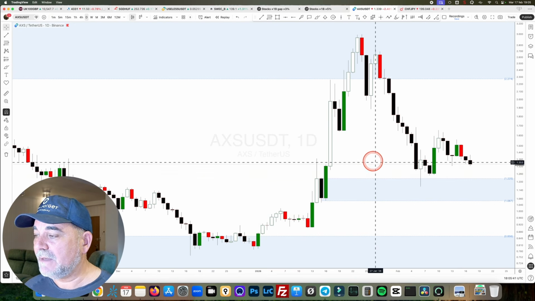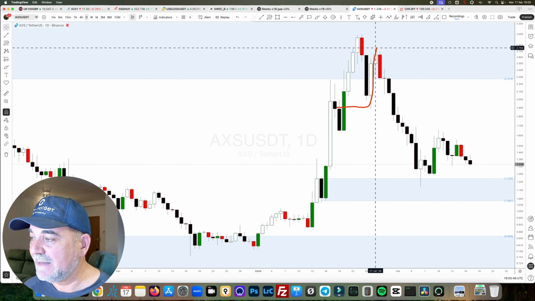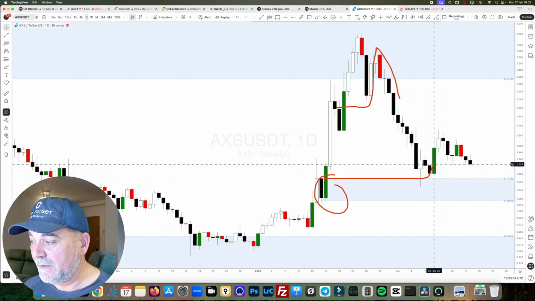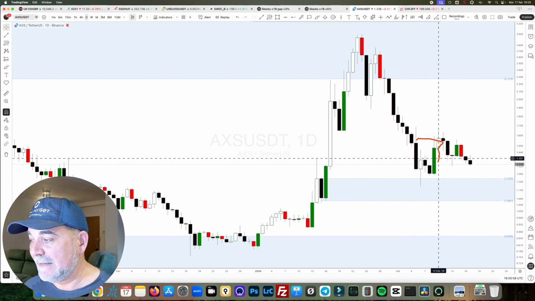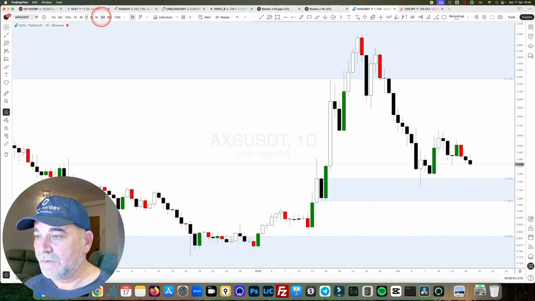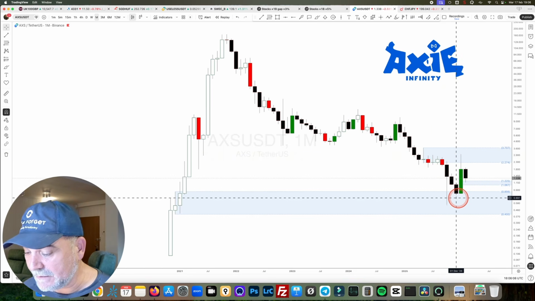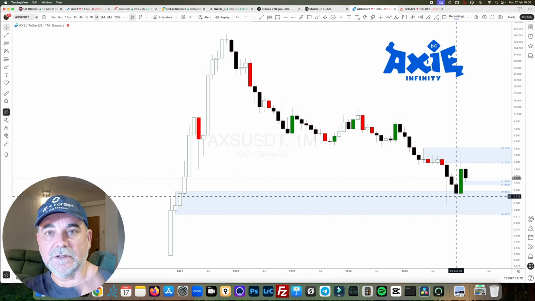On the smaller time frame, the same way that these imbalances here on the daily provided a rally on Axie Infinity AXS cryptocurrency, now we are expecting the same thing from this one, and that is exactly what is going on. But since we have a downtrend on the monthly, we are expecting that on the second or the third attack, this is going to be eliminated, because when the monthly is trending, the smaller time frames are eliminated.